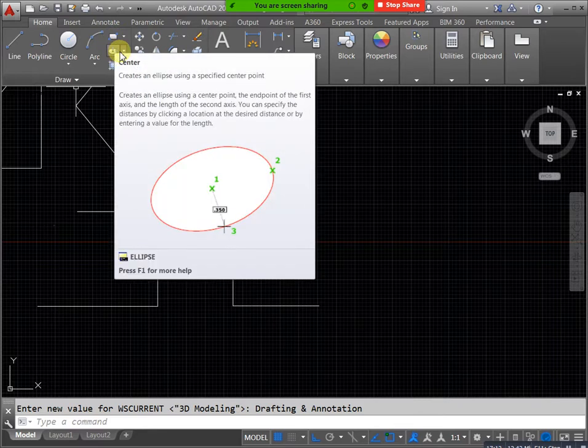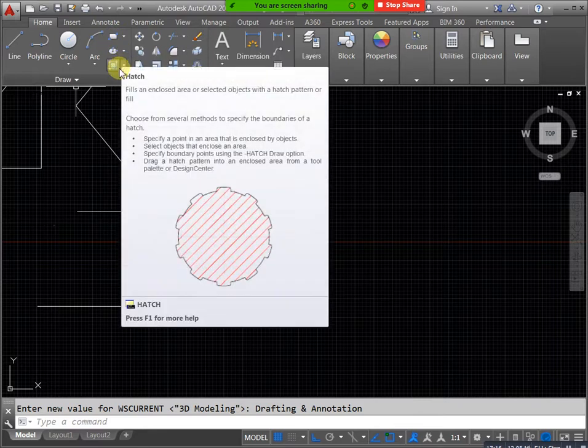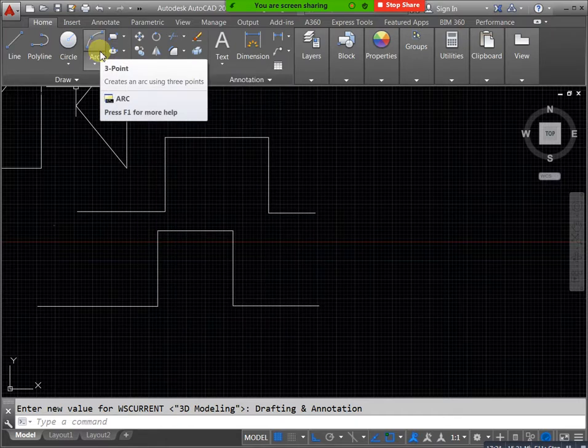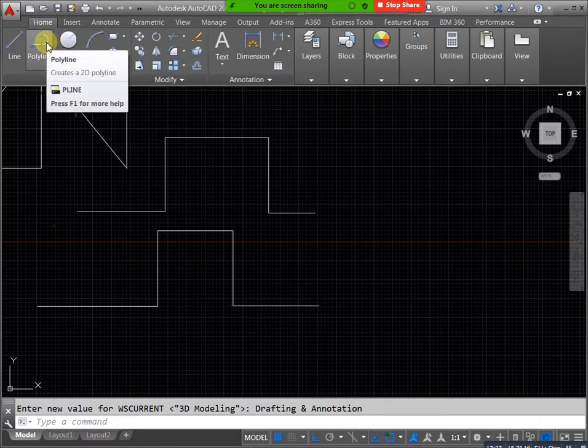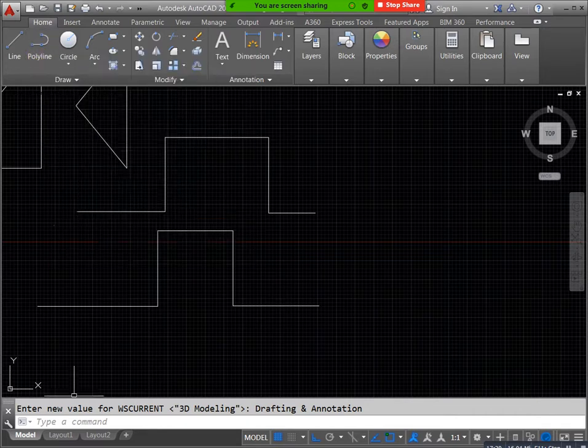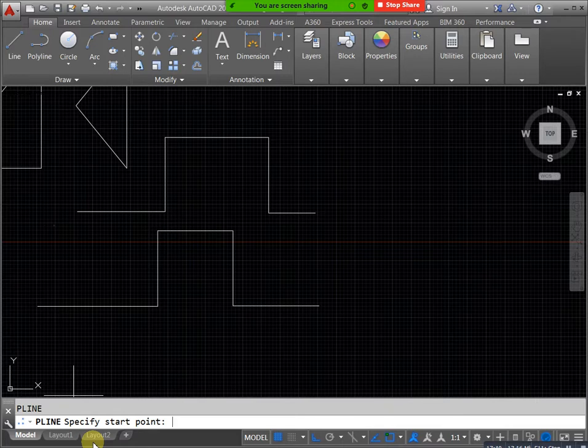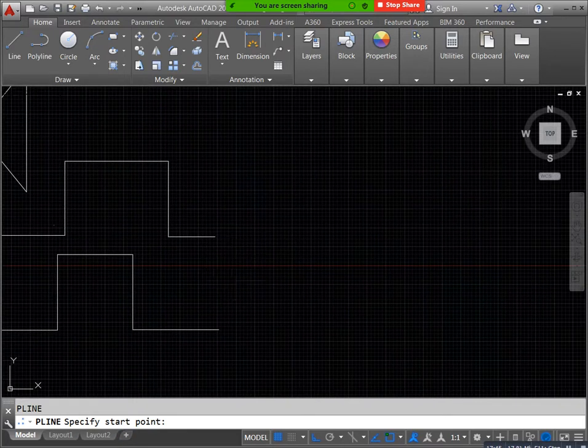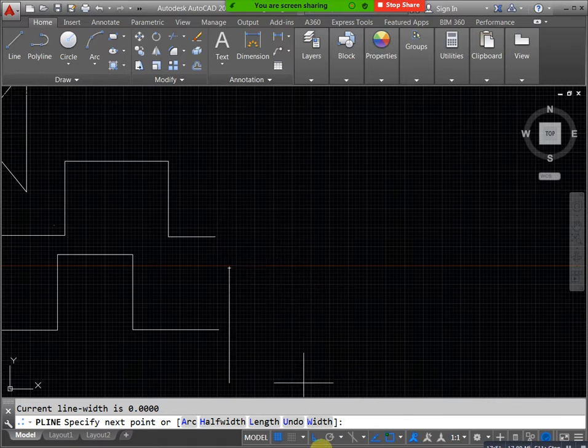When you enter PL, see, it asks to specify starting point, okay. Which is your starting point? For example, this is my starting point, okay. Next, if you know any length, for example, you know straight lines, already we have ortho mode on, right? Directly you will get your straight lines. Directly you can mention your length. If you need one rectangle, I need 40 length, you can apply 40 length. Next you can mention your direction, up direction or down direction. For example, I need 10 above. At the same time, I need left 40.